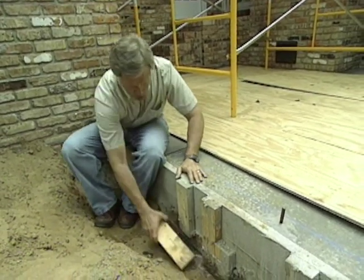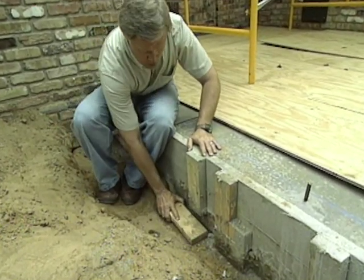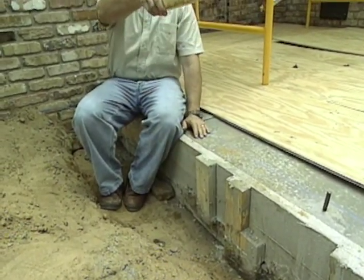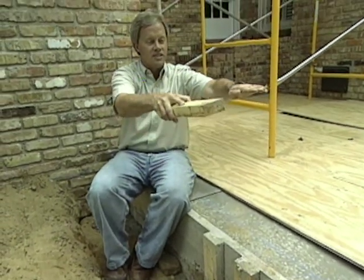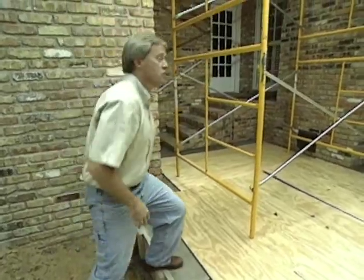While we were at it, we poured a little ledge down here that'll serve as a footing for the bricks that'll be installed a little bit later. We'll also have bricks laid on the inside to protect the walls from any weathering, since we'll have a little rain blowing in occasionally. Now, another consideration that you need to give when you're planning your screen porch is good